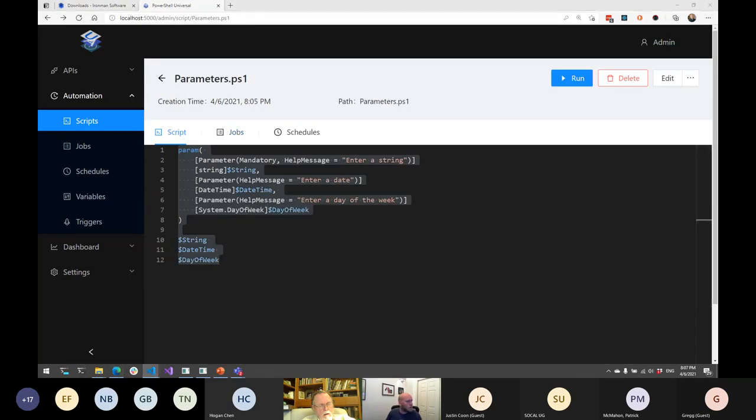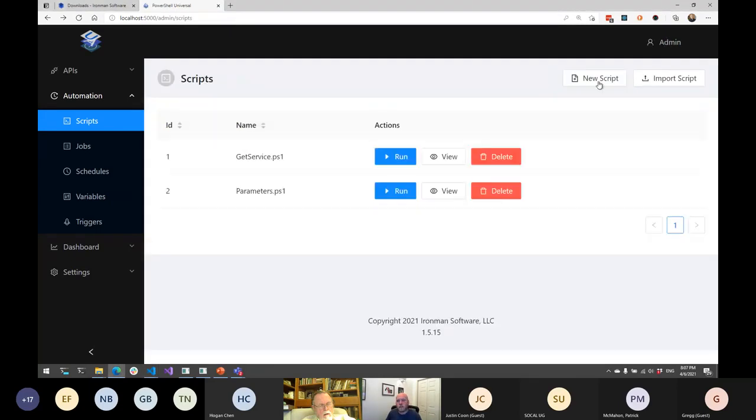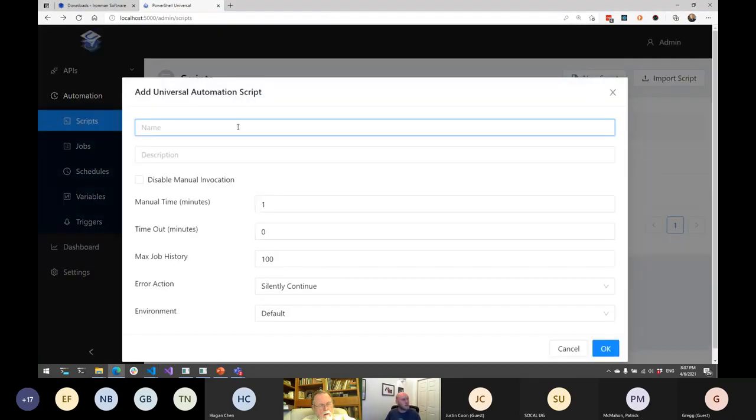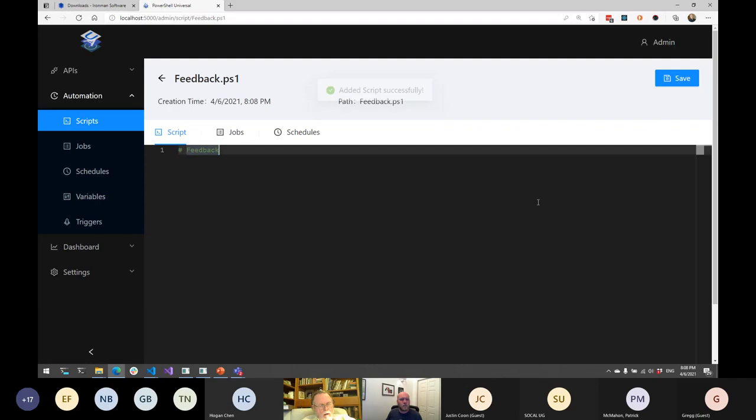All right, one final cool integration. I don't know how much people actually use this, but I think it's cool. It's the feedback integration. So for example, here, I am going to use Read-Host to try to read something. If you were to run this in something like Azure DevOps, the script is not going to work because there's no way to provide feedback to that script that's running on the CI environment or something like that. And what we did with PowerShell Universal is, okay, if you have a PowerShell script,